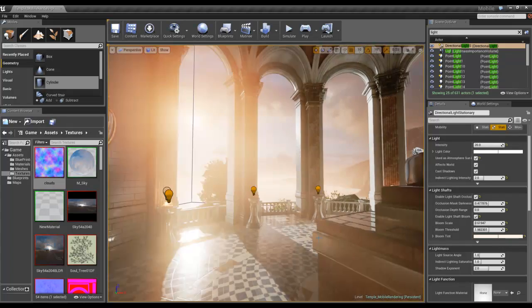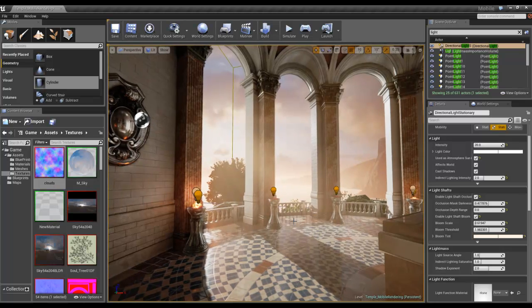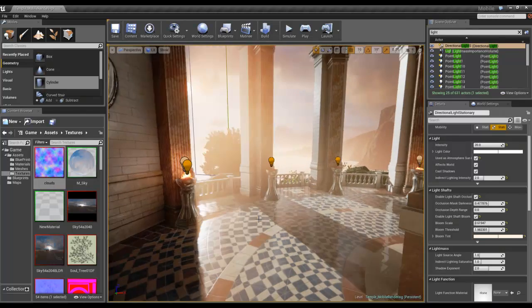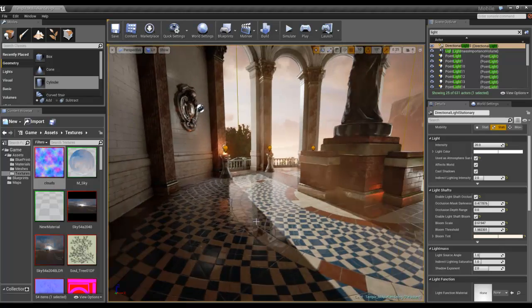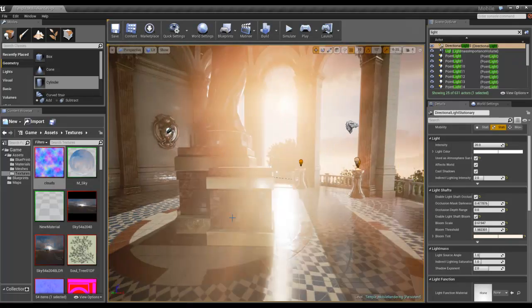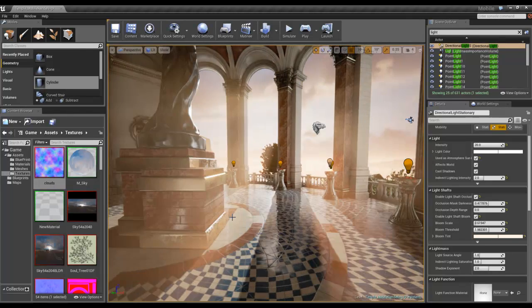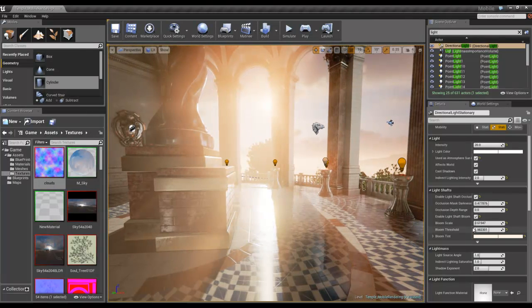At certain angles you'll get the light come through, but it basically only works if you are sort of walking into the light like this, which a lot of the time isn't what people are after. They want to